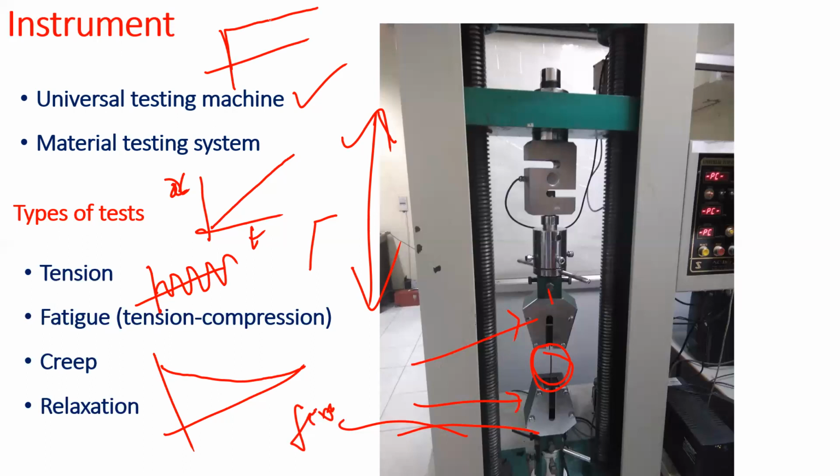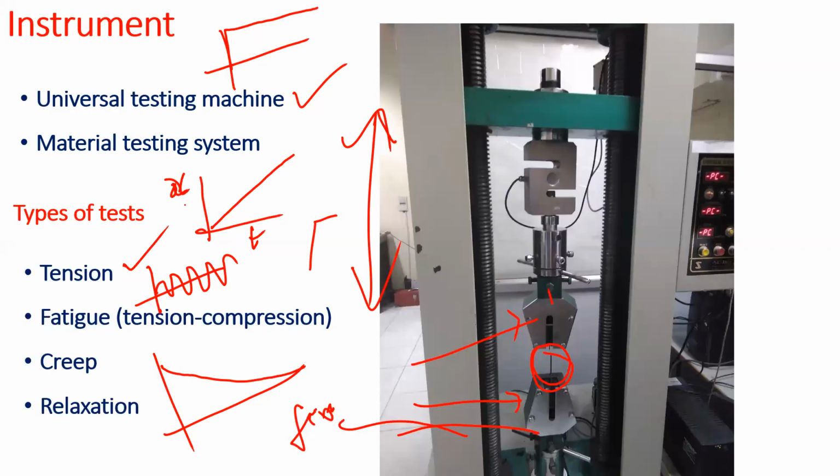All right. For now, we will confine ourselves to the tension test. So instrument, now we know what it is and what it can do. The second thing is sample specifications. It's not like you pick up any sample of any shape and stick it in the jaws and perform the test. There are certain standards, mainly because if person one is doing a measurement on a sample of